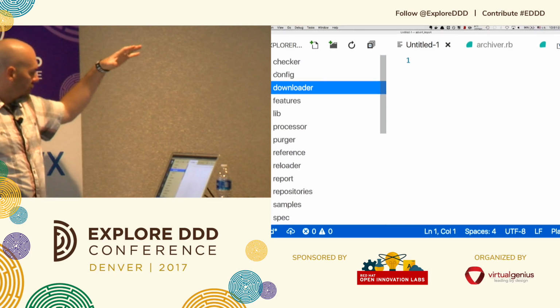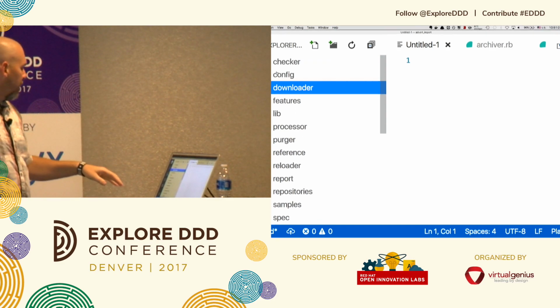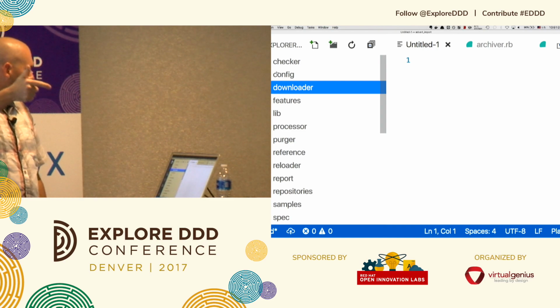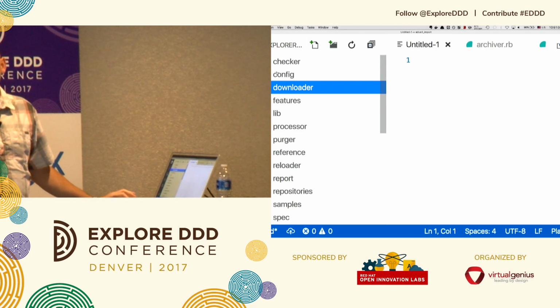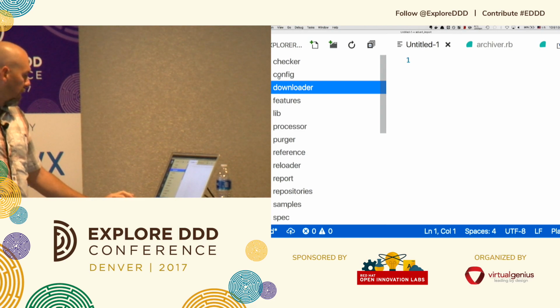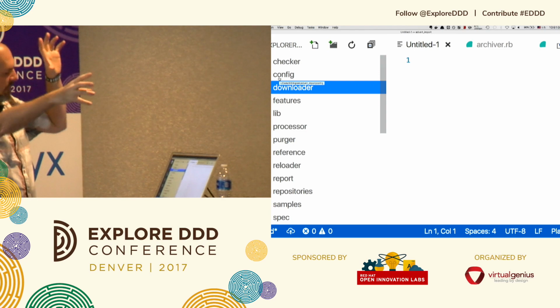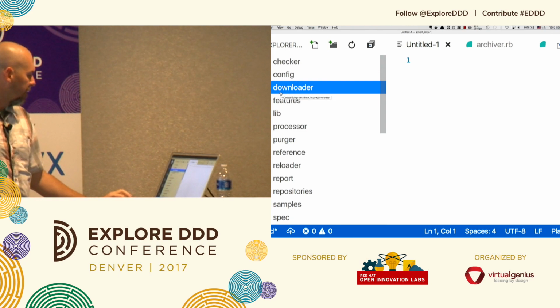You can see that the naming is very consistent. You have the checker, the downloader, the processor, the purger, the reloader. These are my bounded contexts. These are the DTOs when I showed that big diagram. So the downloader, the first one I showed,